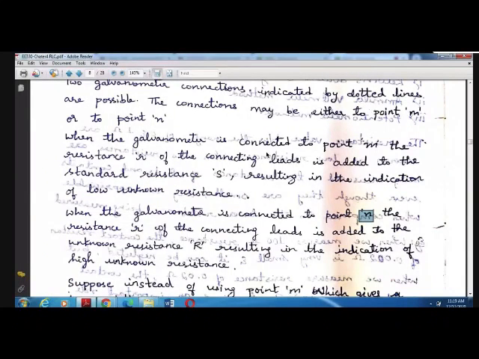So the resistance R, the galvanometer will be connected to the point N. So what happened? The lead resistance value will be added along with the unknown resistance R, which will result in a higher value. When it is connected here,